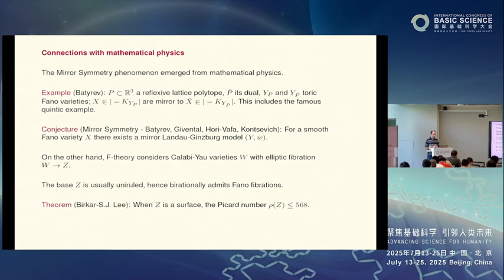So a lot of things have been done in this direction, but of course it's very far from being complete. In a very different direction, there is another way of connecting Fanos with physics, and that is in the setting of F-theory. In F-theory, you quite often consider Calabi-Yaus which have an elliptic fiber structure. For example, you have a Calabi-Yau threefold, which is fibered over a surface. The fibers are mostly elliptic curves. Of course, you have special fibers as well.